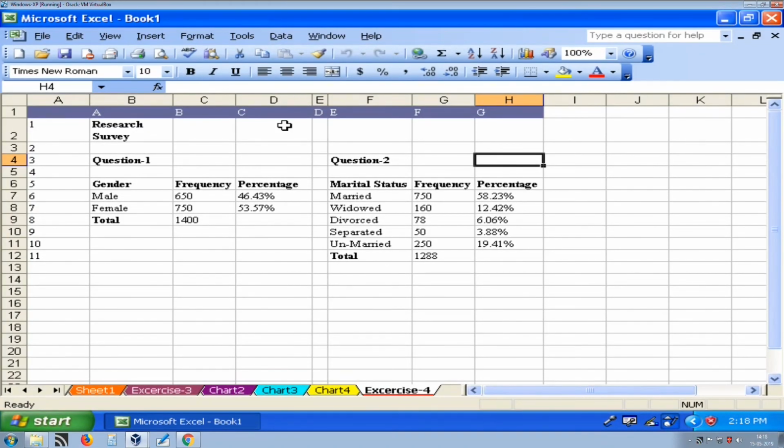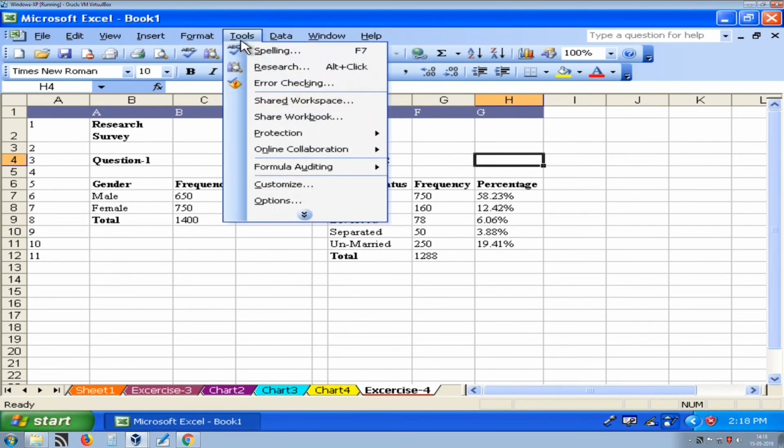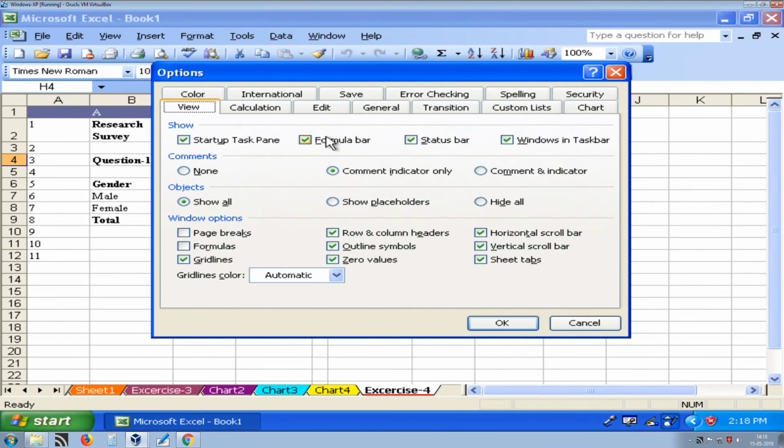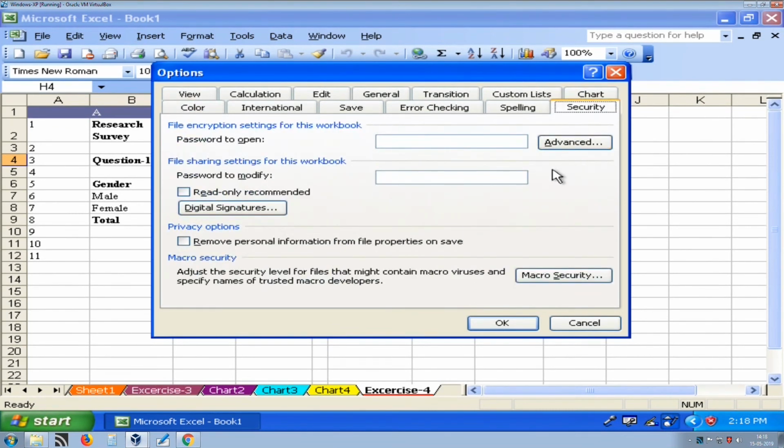Now, to save file with password, we can use this option. Inside tools menu, we have to select options. Now, when you open options, there are many tabs available, but you have to open the security tab.